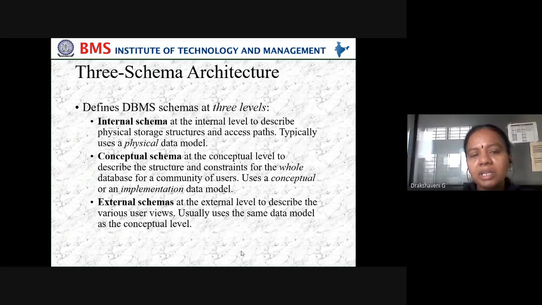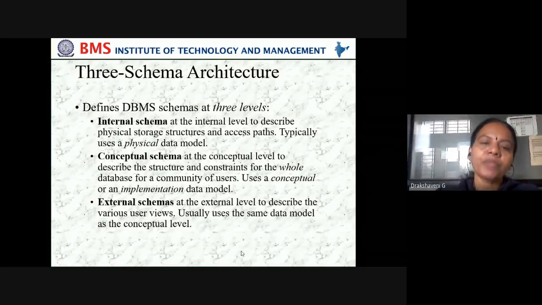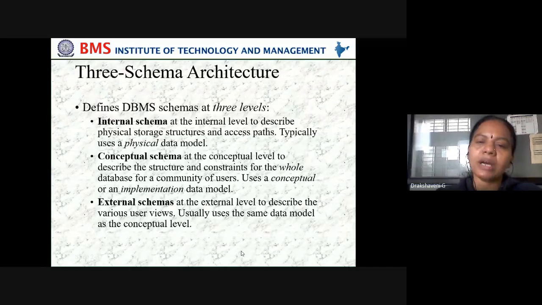But let us see what the three schema architecture says in all three levels. So defining DBMS schema at three levels. The internal schema at the internal level describes physical storage structure and access path, typically using a physical data model.